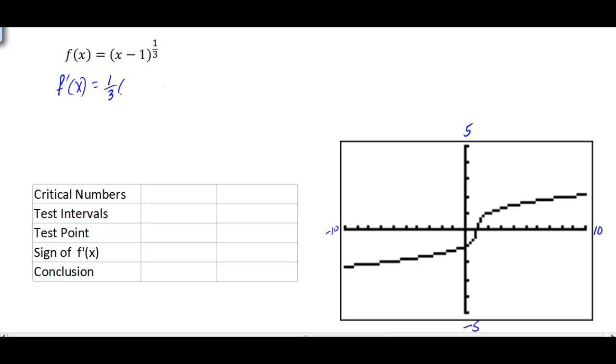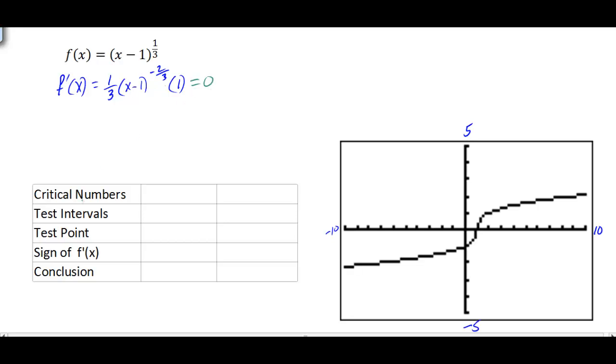So that's 1/3 times x minus 1. And if we take 1 away from 1/3, we end up with a negative 2/3. And now we need to multiply by the derivative of the inside. So the derivative of x minus 1, well, that's very simple. The derivative of x is simply 1. So you really don't even need to write that, but I just want to remind you here that we are using the chain rule. So there's the derivative, and now we need to set this equal to 0